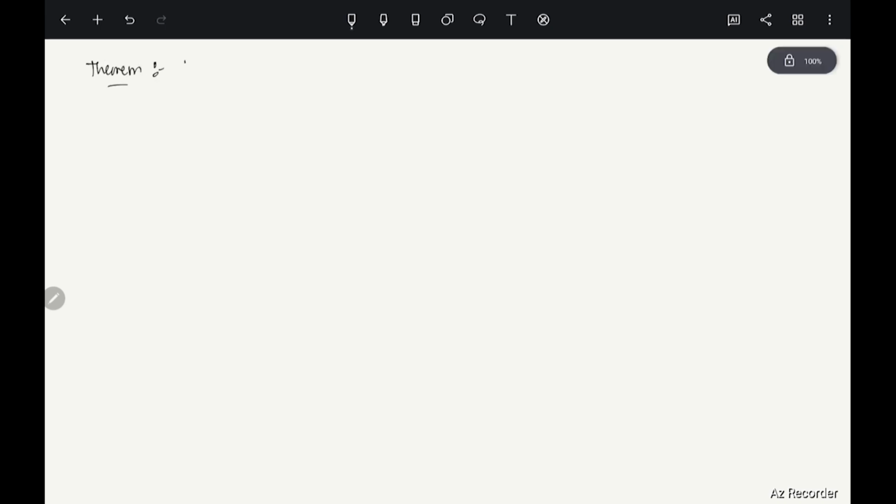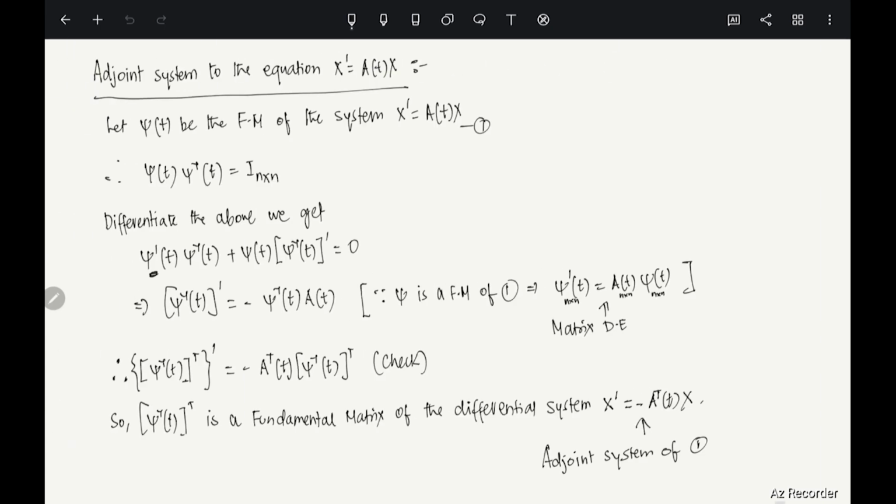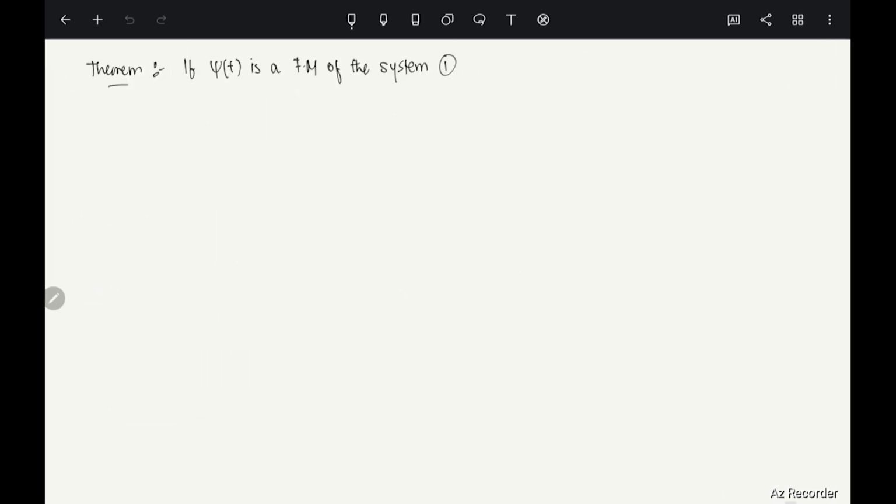Now you see, if psi of t is a fundamental matrix of the system 1. What is the system 1? This is the system x prime equals A(t) times x. Clear? So let's start with the fundamental matrix of that system. Then